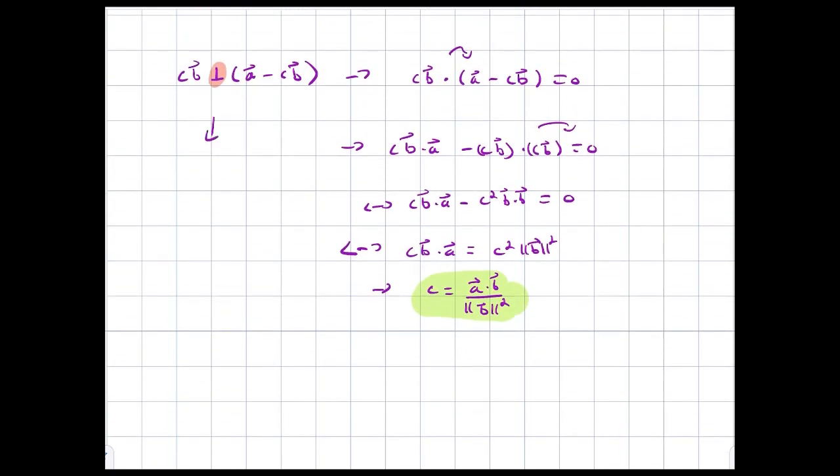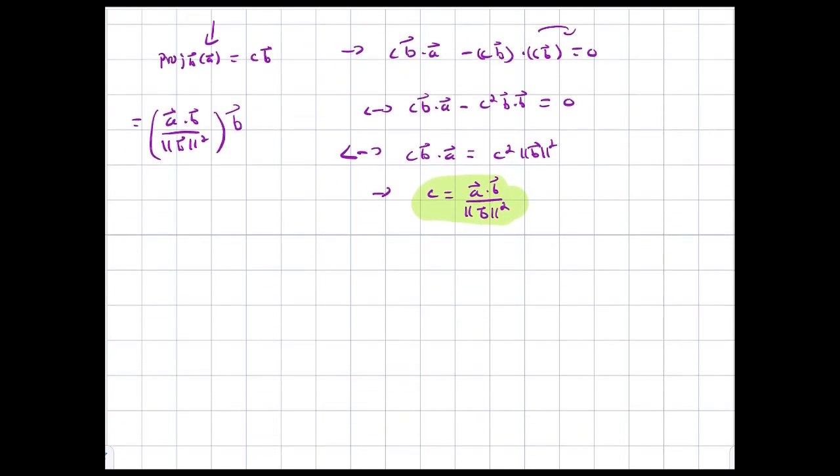What does this mean for the vector projection? It means that the vector projection of A onto B is C times B, which is going to be A dot B over the magnitude of B squared, times B. I keep writing A for some reason. And I put these exterior brackets here for a reason, and that is to emphasize something that trips people up. I really want to emphasize that